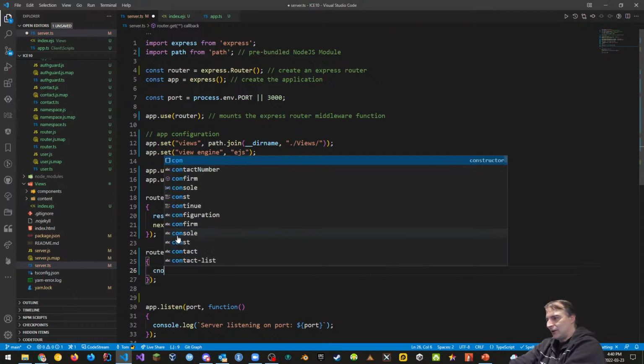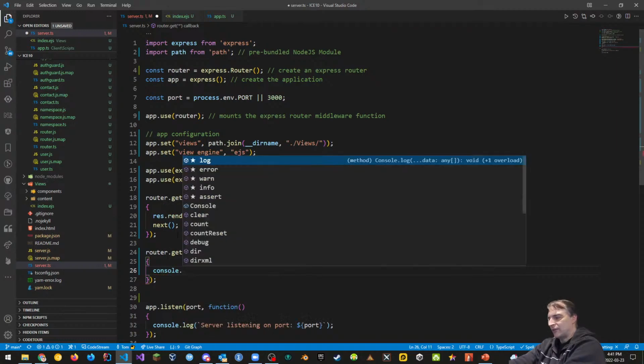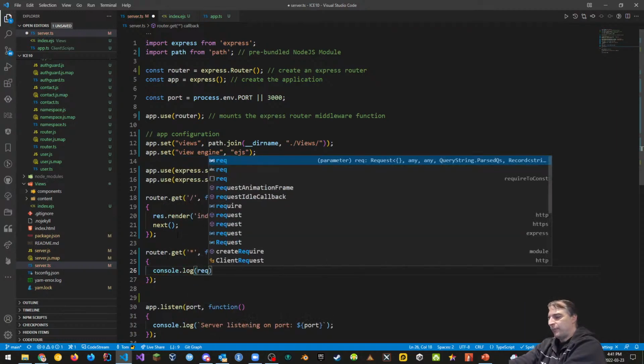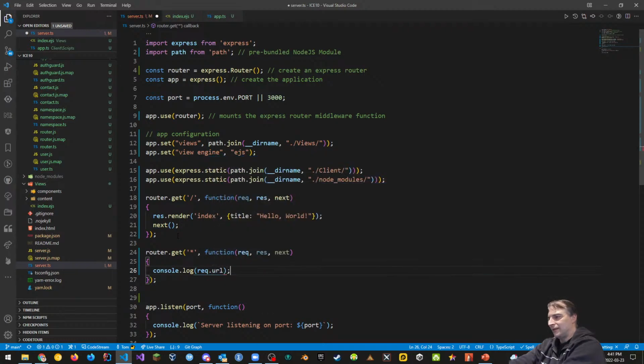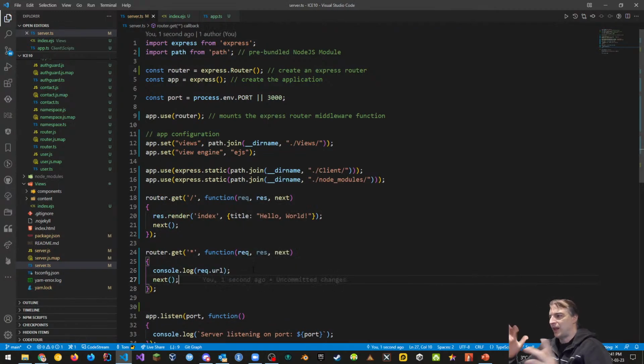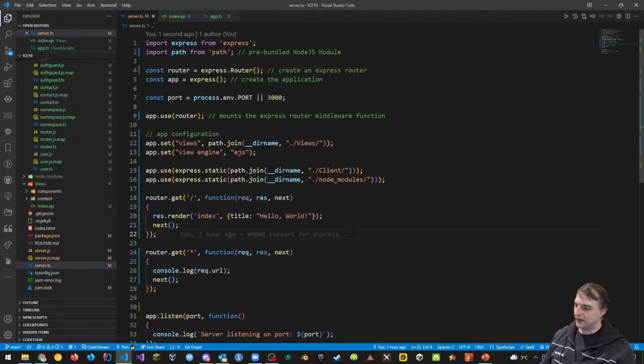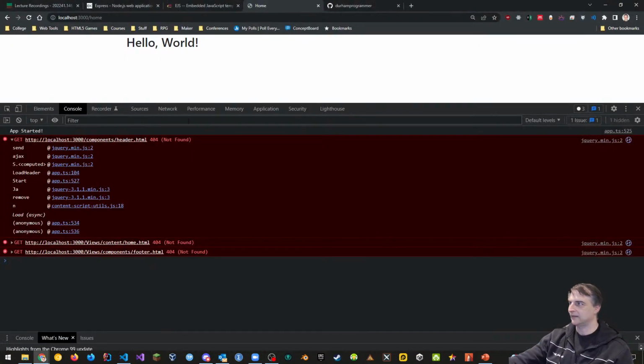So let's do a console log here, an actual synchronous console log that puts out that request URL. Let's see what that is from here. Can we get that? And let's also call the next function down the line, so we don't want to make this blocking, okay? Can we do something like this, a wildcard GET request? Nice idea, but if I do that now and go back to this,